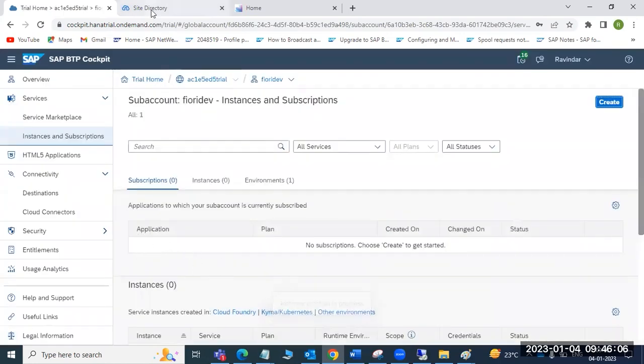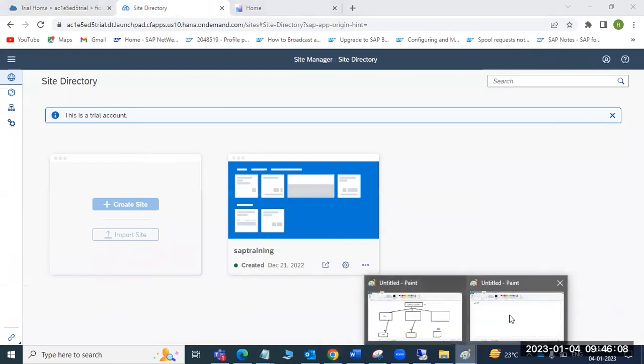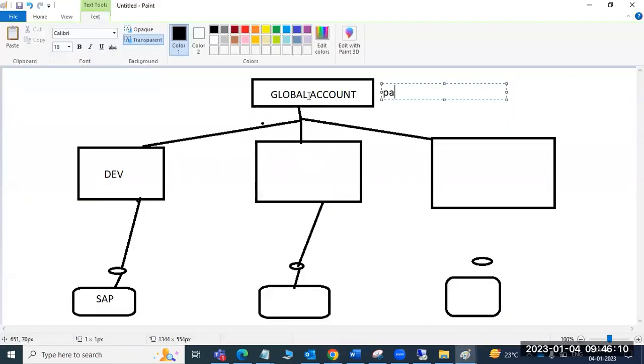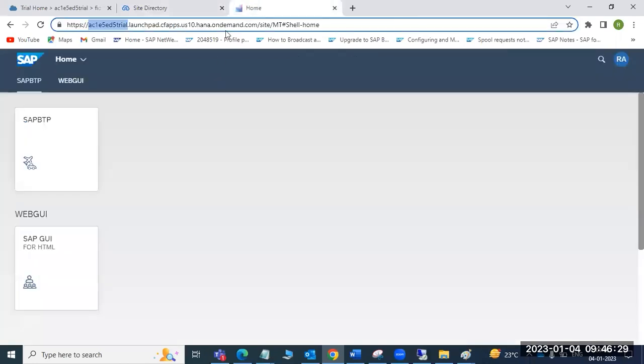So basically from the global account to here, you are assigning some services. Those services are available here. Those services you are again subscribing to in this sub account. You are not just assigning them here, it means those are already installed there. Now you are installing the services in this dev account. This is what the sub account will tell you.